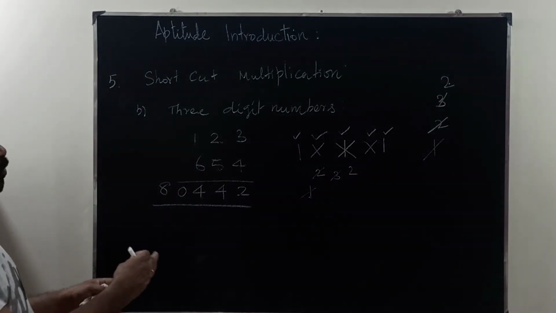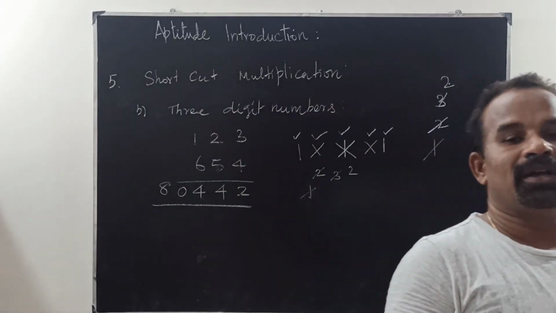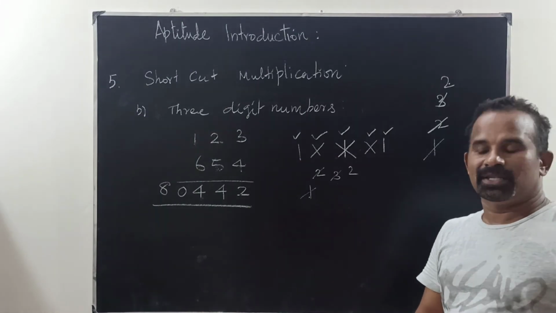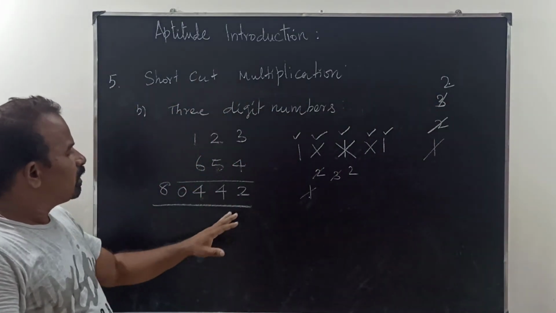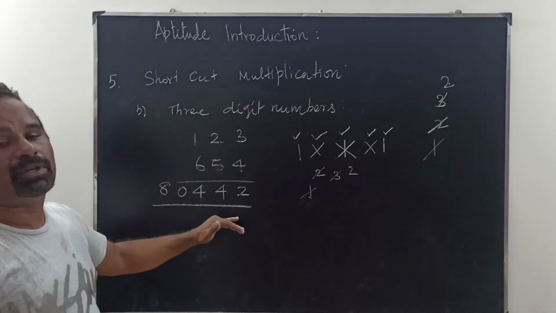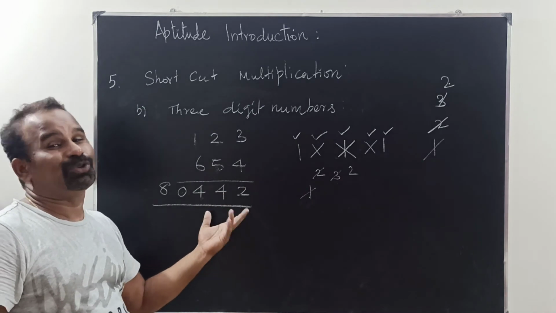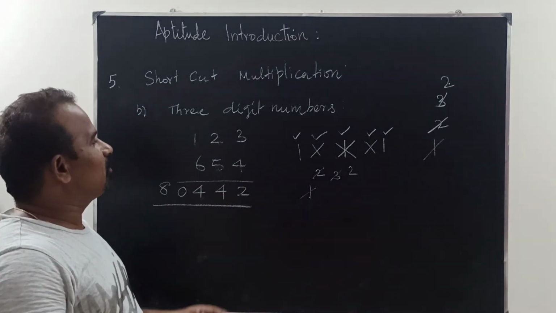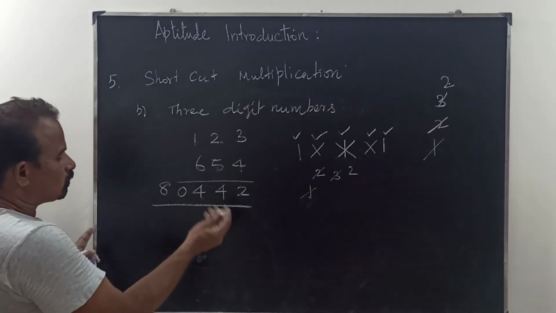So you have to practice daily, you have to take 5 sums or 10 sums, you practice it, automatically it will come. For all these things you require only tables up to 10 by 10, 9 by 9 tables only you require. Okay, so I will do another sum also, one more sum.